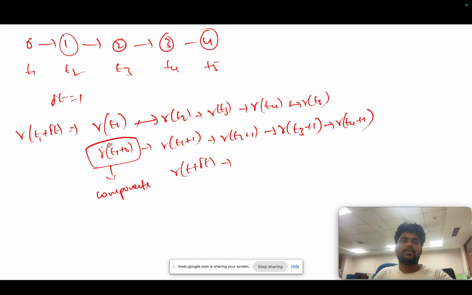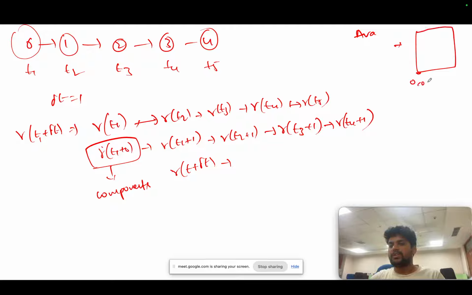So initially we have R of T1, which is nothing but R at the 0th position. If you use any software like Avogadro, or forget about Avogadro, if you take any image of yours and assume that you are running a simulation on it and put it in any software, you will get the XYZ coordinates of that image. Say this is 0, 0, 0, this is 1, 0, 0, this will be 0, 1, 0, and the third axis will be 0, 0, 1. So for every small particle of your image, you will get the XYZ coordinates. So that is